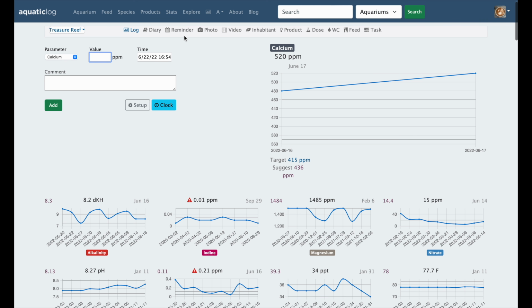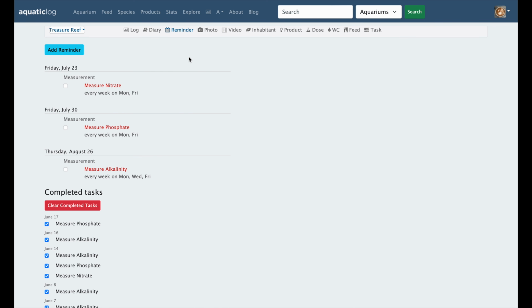There is diary, reminder, photo. My reminders are definitely something I use all the time, and we'll get into this in a second. But also I can have a list of inhabitants, products, my dosing, my water changes, feeding, and just manual tasks such as cleaning. Now, I don't want to talk too much about my own aquariums, but